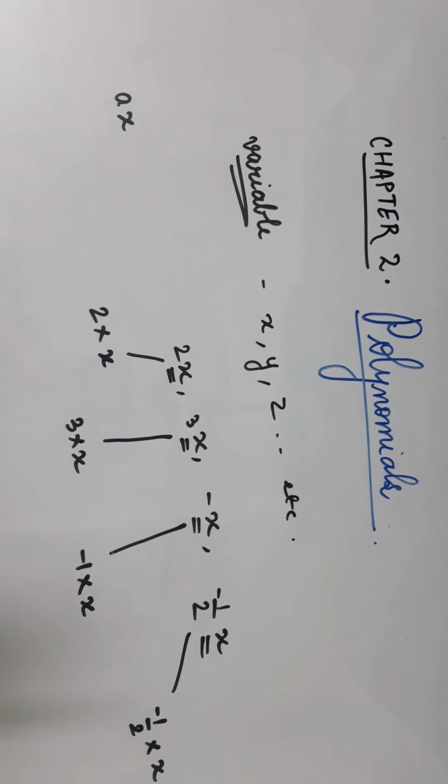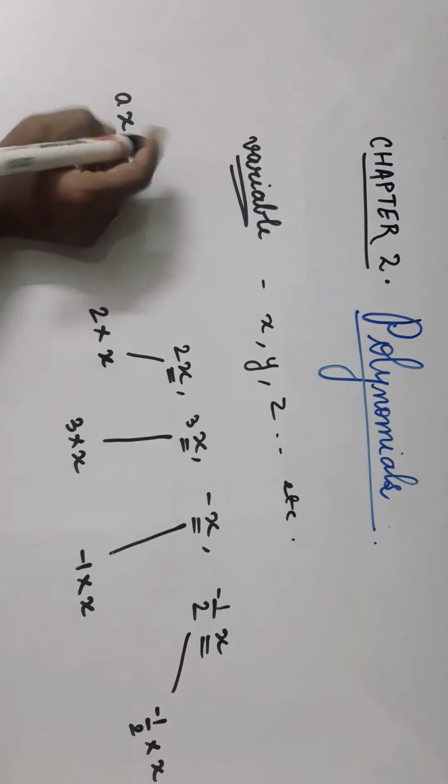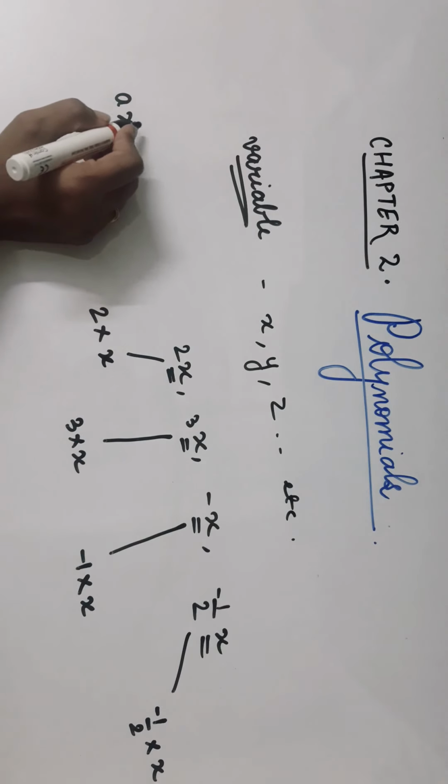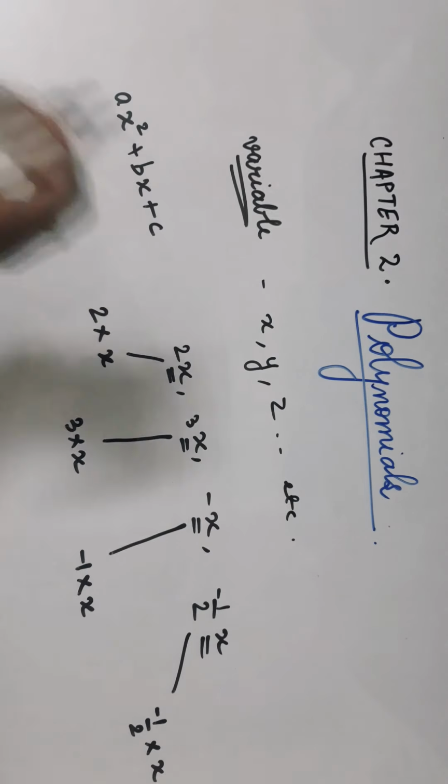So let us take one example of unknown constant. How do we write the expression? Suppose all the constants in the expression we don't know. Okay, now a is fixed here. A is a constant. Its value is not going to change. So let the expression be ax square plus bx plus c.